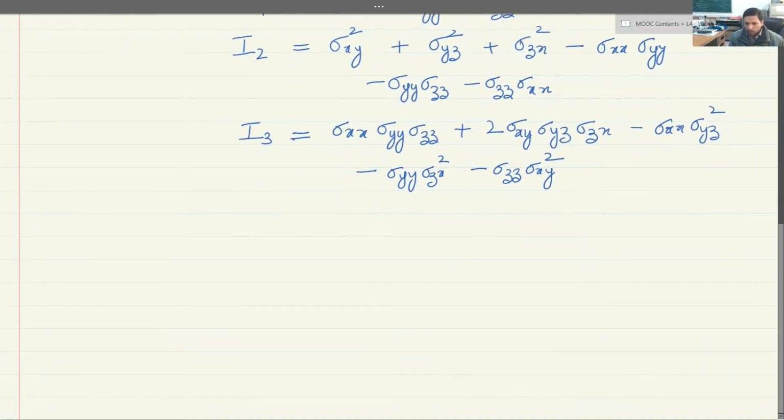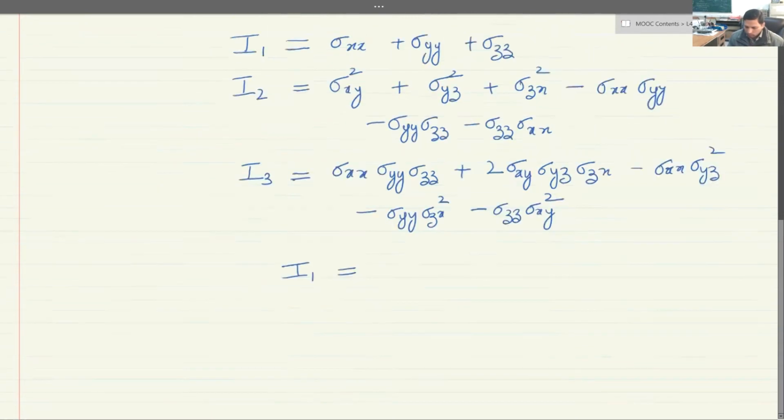And therefore, in that condition, the nomenclature we use for the principal stresses is the subscript 1, 2, 3. So sigma 1 defines principal stress 1, sigma 2 defines principal stress 2, sigma 3 defines principal stress 3. And therefore, these values of I1, I2, I3 will translate to,